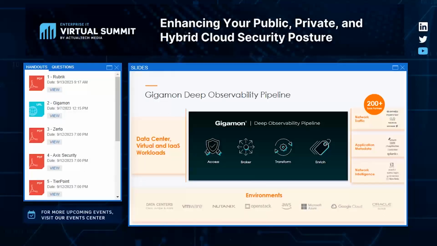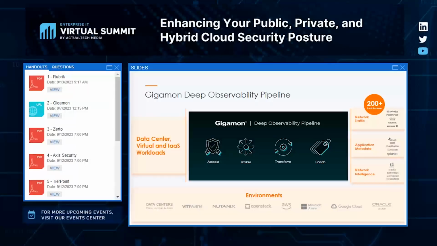In a nutshell, Gigamon offers what we call the deep observability pipeline. This is the ability to access traffic no matter what the environment is. The icons at the bottom are a limited set; there are quite a few more types of spaces where applications are running. Multiply that by the Kubernetes environments: GKE in Google is very different from EKS in AWS and AKS in Azure, and then there's Tanzu and all of that on-prem. We worry about the access mechanism, so you have one environment to deal with for all access.